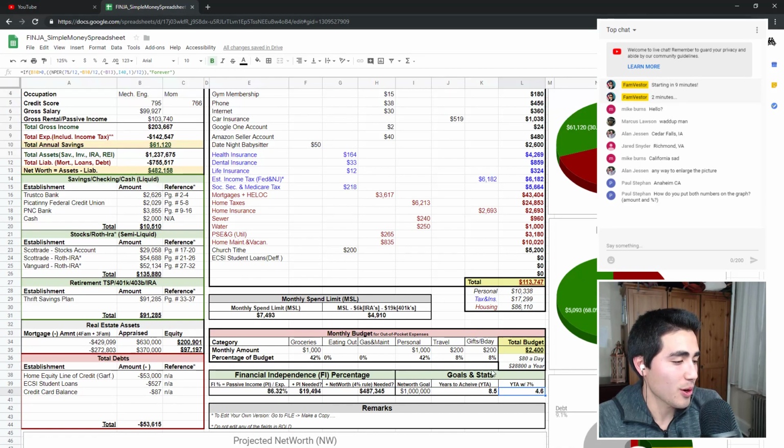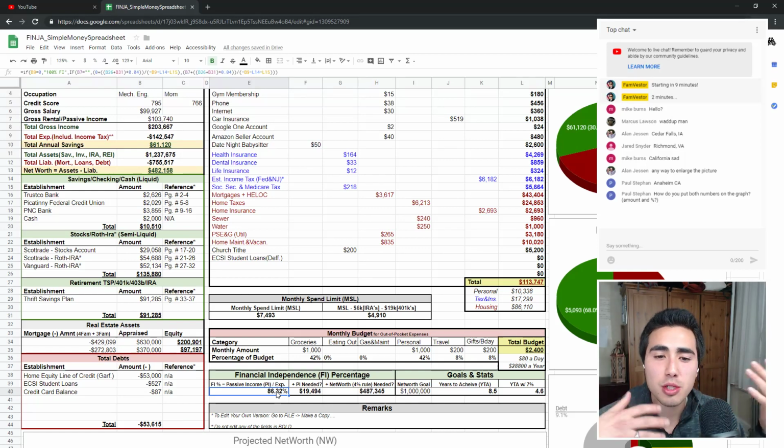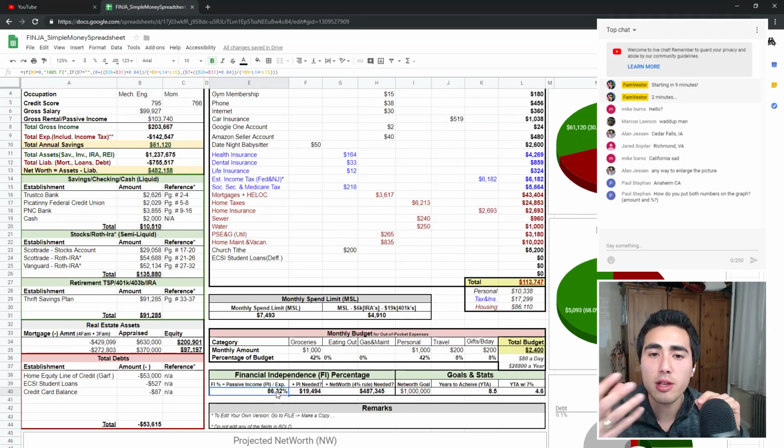So interest can work for you or against you. And then finally, to the left here is the financial independence percentage, and that's basically how close you are to achieving financial independence. I know not everyone here is looking to achieve financial independence, but it's good to know. That's based strictly off how much passive income you are generating, or how much net worth you have that you could withdraw from at a safe 4% rate, and divide that by your expenses. So two of those combined.